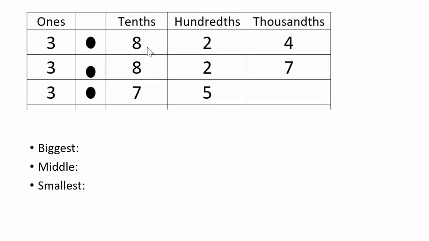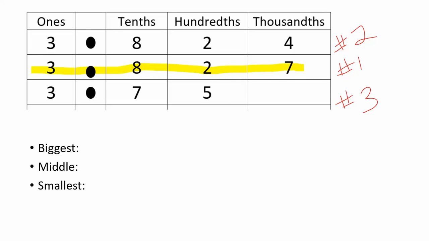Two of my tenths are the same. I scoot over to the hundredths column. Two of my hundredths are the same. So I have to go all the way to the thousandths until I see a difference between the top. In the thousandths, my second number has a 7. So that one is the largest value. The other one that has a value in the thousandths place is going to be the second biggest. That one's number 2. And then finally, the one on the bottom was number 3. Because remember, that one had a 7 in the